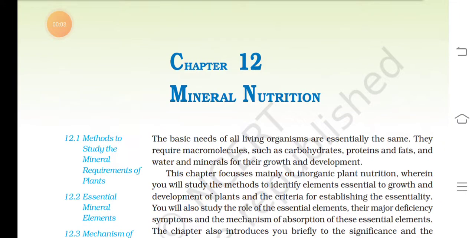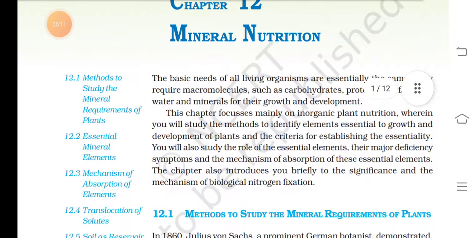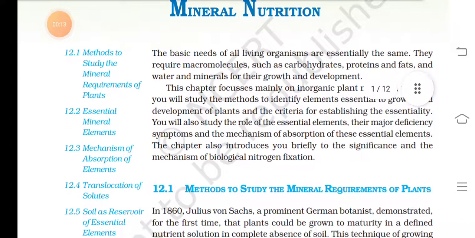Chapter 12: Mineral Nutrition. The basic needs of all living organisms are essentially the same. They require macromolecules such as carbohydrates, proteins, and fats, and water and minerals for their growth and development. This chapter focuses mainly on inorganic plant nutrition, wherein you will study the methods to identify elements essential to growth